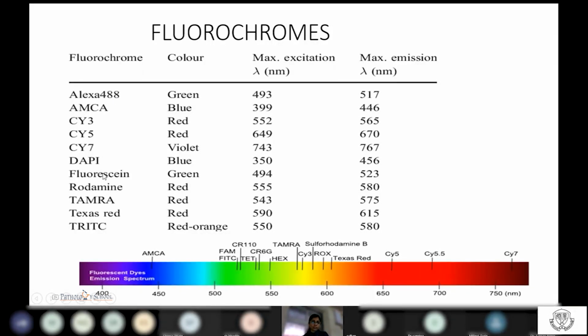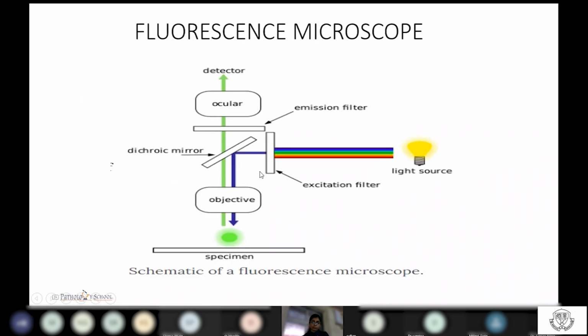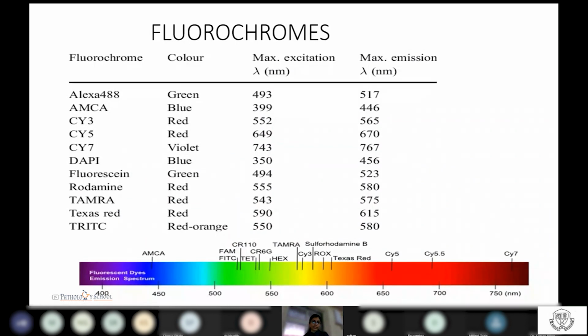Now we'll take the fluorochrome FITC, which gives you a green color. If you can see the last two columns, this is your excitation or your absorption color. So it absorbs around 494, which is around the blue wavelength. It absorbs that wavelength, and it emits around the green, which for FITC is 523.